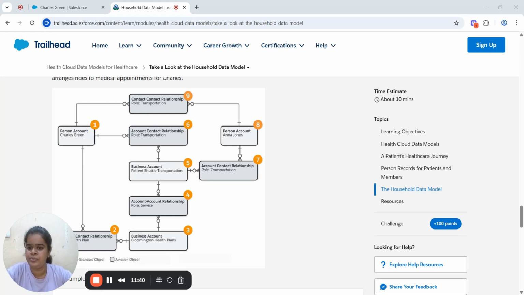Okay, so these are all the things which I want to discuss in this video. Let me just summarize. If you want to learn even more, check out Salesforce Schema Builder in your org, open the person account or clinical encounter or related objects to see their connections. Good data modeling in Health Cloud means better care for patients, easier management for providers, and less stress for everyone using the system. The Health Cloud data model uses person account for patient, account relationship for family and services, and links everything through custom objects like clinical encounter to track every piece of the patient's health care journey. So it's all about organized, connected, and secure data, right?